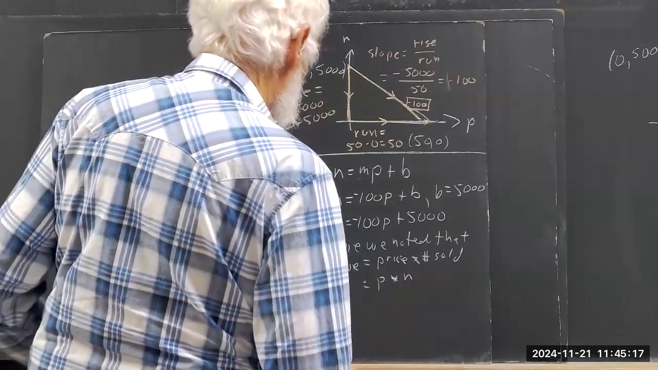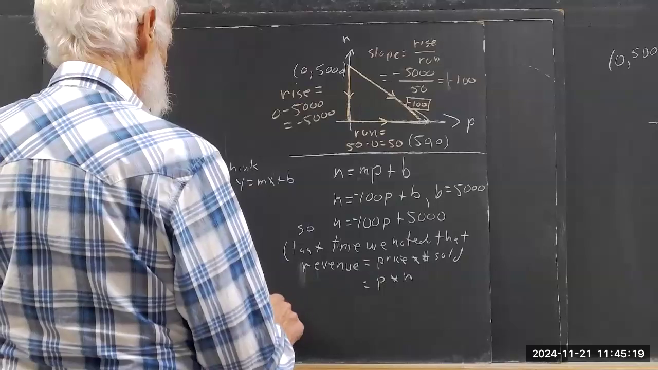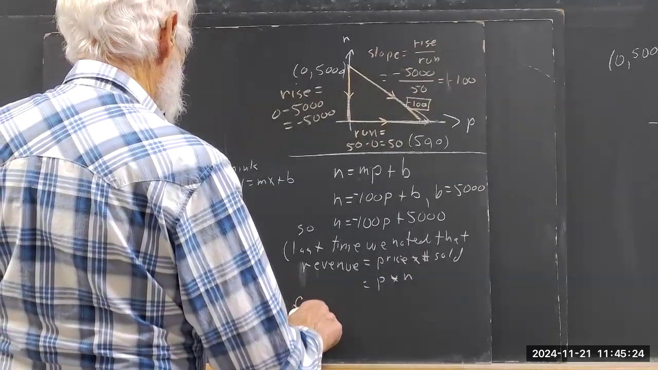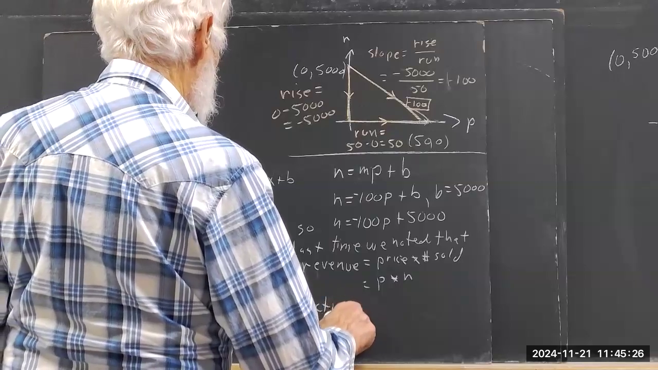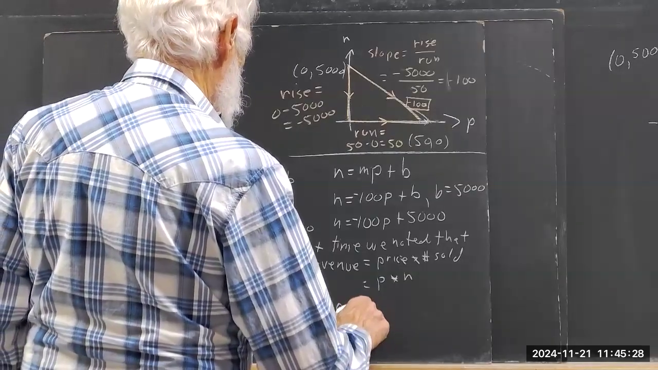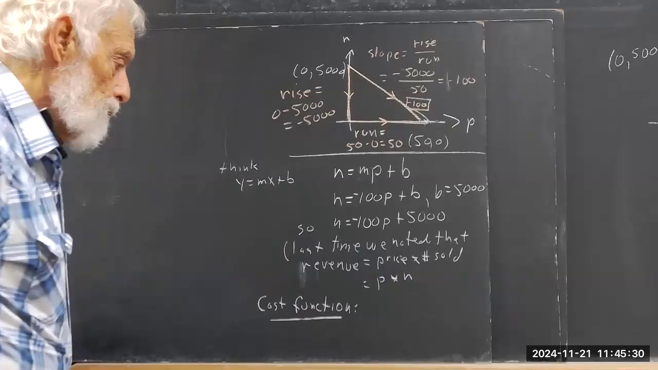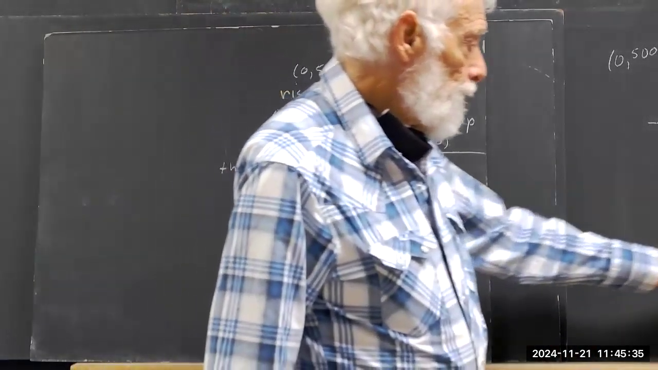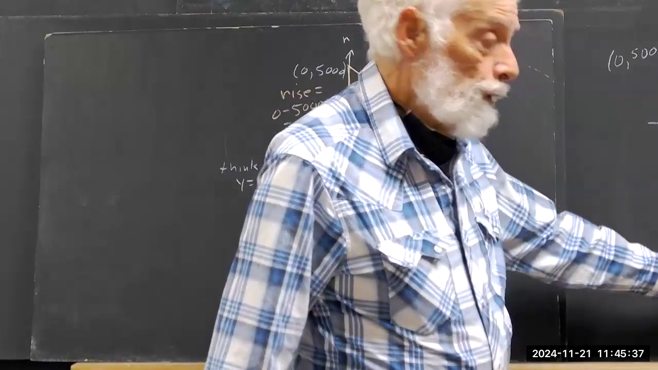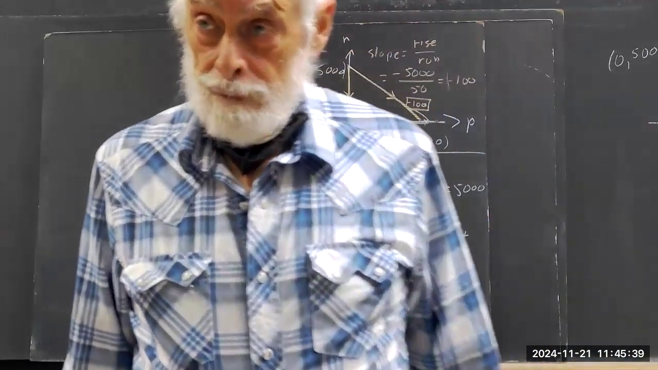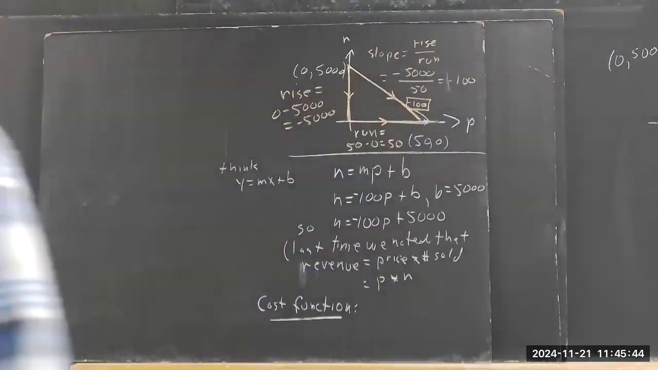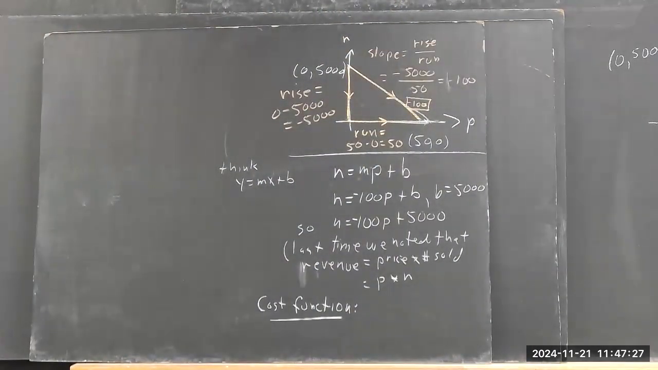Now we go on to the cost function. What did I tell you? You know, the cost is $1,000 plus $10 per item. Okay, how many items are we talking about? Okay, people are